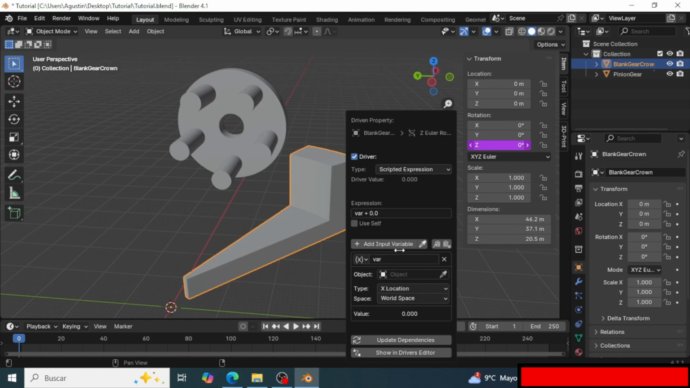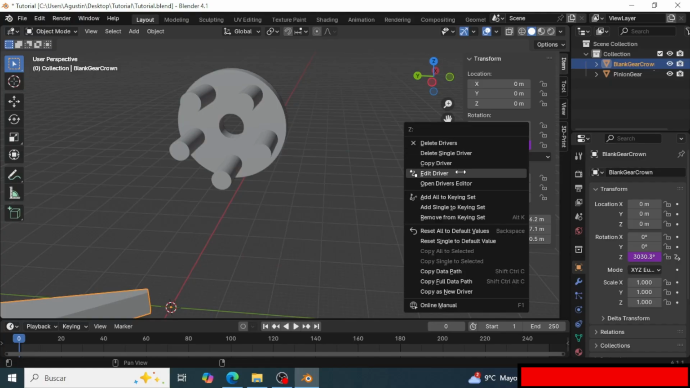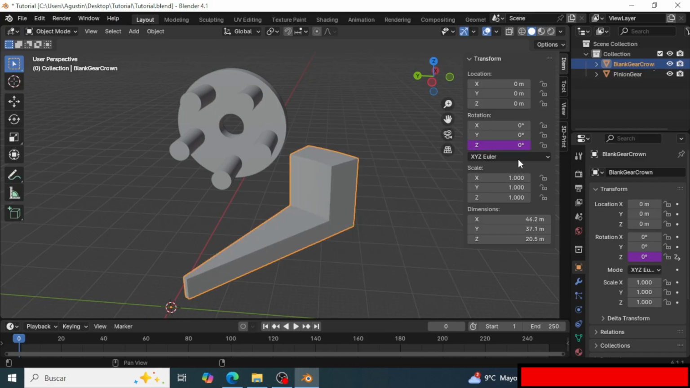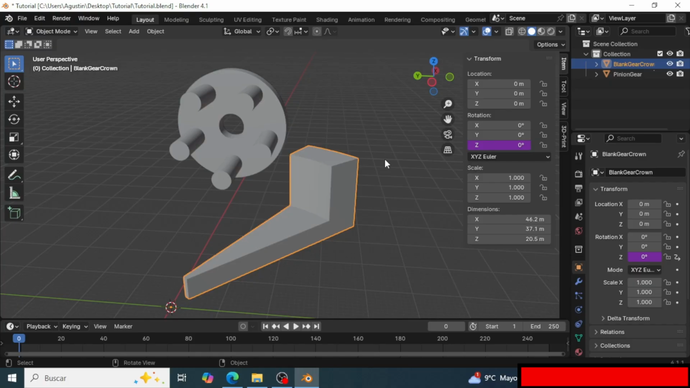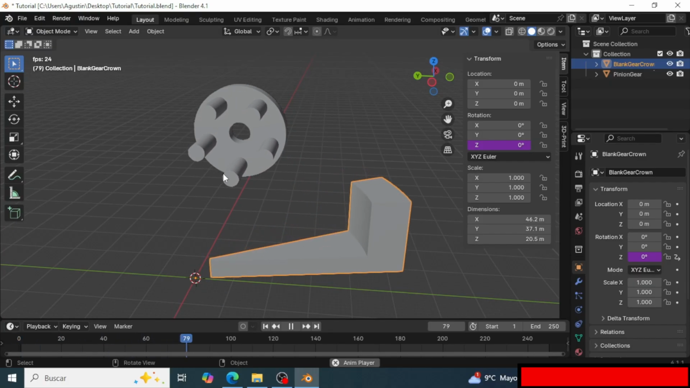In input variable, we want to select the pinion gear. Okay, edit driver. We want to move or choose the X rotation of the pinion gear. Edit driver again, and the expression is going to be var, the name of our variable, divided by our gear ratio, which is 4. Just like so. Okay, now if we hit space, we can see it is moving,